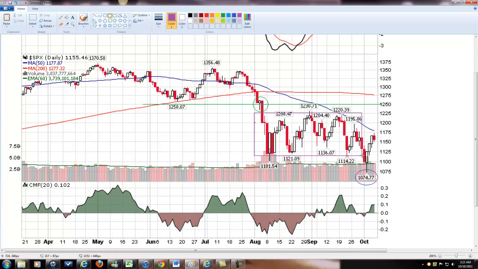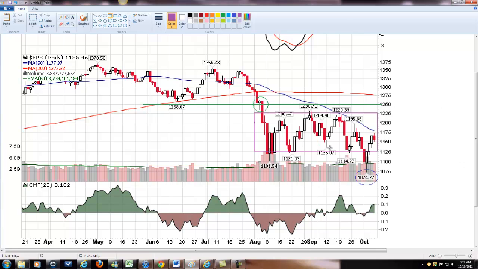Let's do 1225 for a breakout. We will need to close above 1225, but once you see that coming, we'll probably test 1225, which has been resistance, and then maybe a possible run to 1250. Now you can see the 200-day moving average, this red line right here, has got us way up here at 1275. So just as fast as we fell,